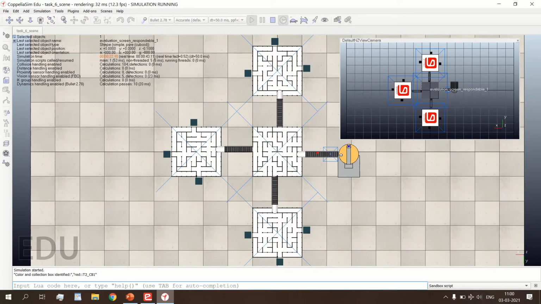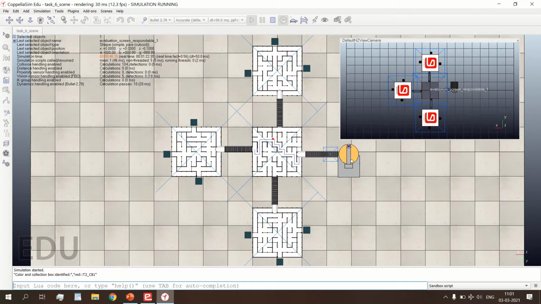But before I start with that, let me describe the arena or the scene that we have right now. In this case, we have four tables, and these tables are nothing but ball balancing platforms, and they are used to balance the ball and travel the ball across the mazes. Let me describe the table names. In the center we have table 4, in front of it we have table number 2, to the right of it we have table number 3, and to the left of it we have table number 1.